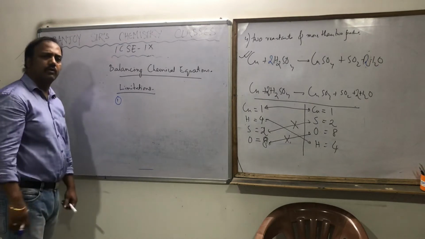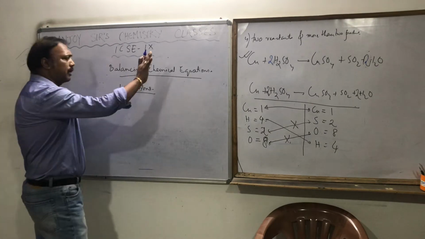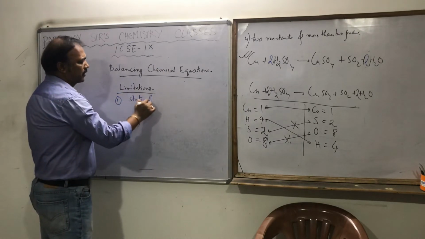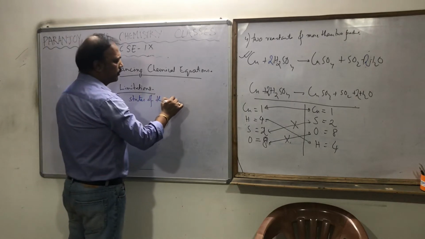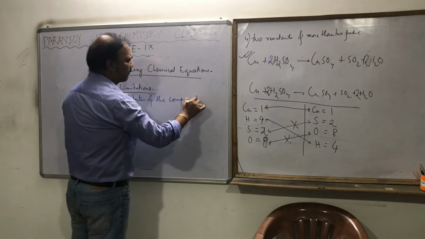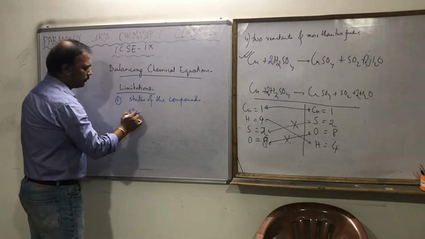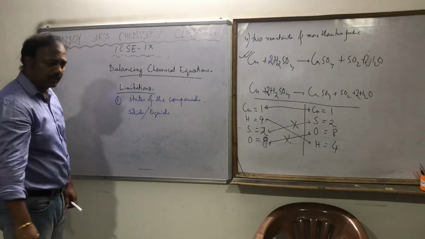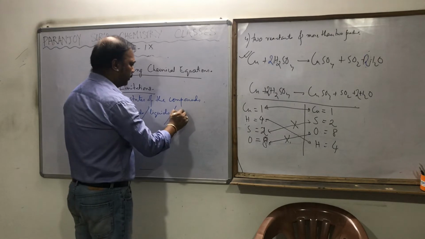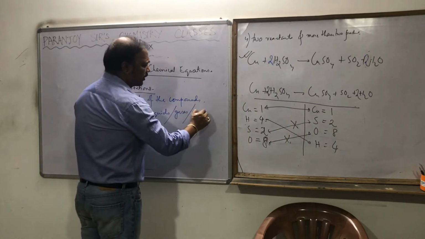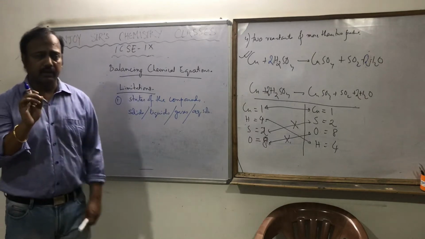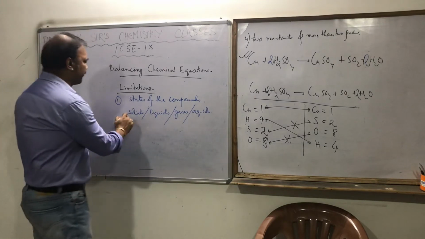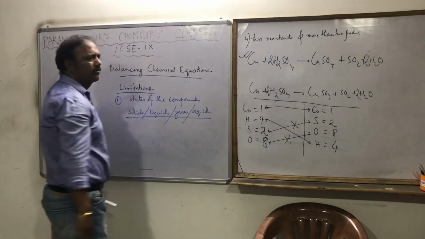So what we can't say from the chemical equation is the states of matter, the states of the compounds, whether they are solid, there can be 4 states: solids or liquids. Liquids, whenever written, means pure liquid. Gaseous, or we call it aqueous solution, which means it's not a pure liquid, it is a solution, something dissolved in water, that is an aqueous solution. So these are 4 different states, but none of them is written over here.